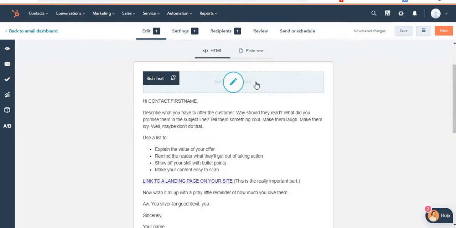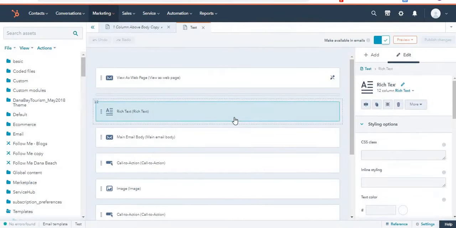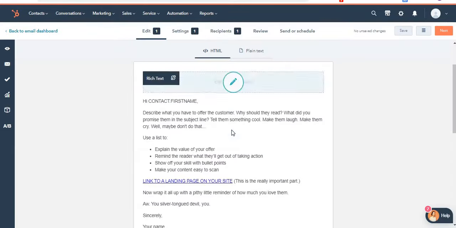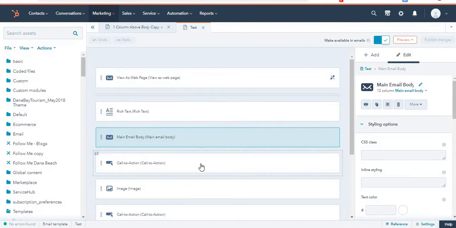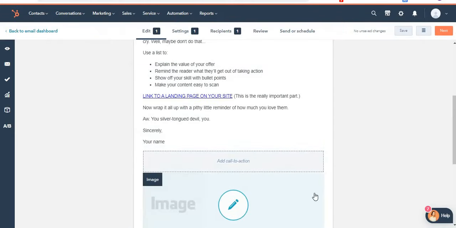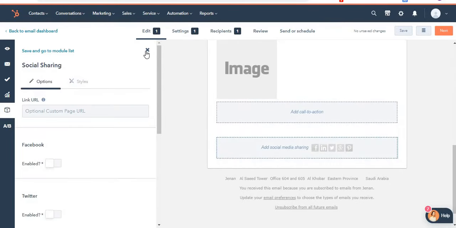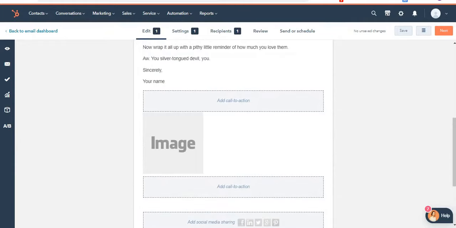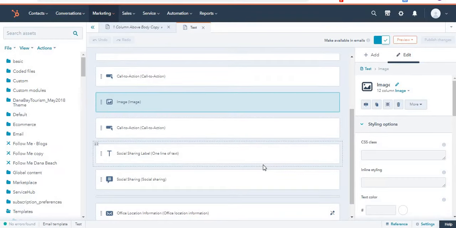So as you can see, the first template is rich text. If you see over here, this is rich text, right? This is followed by main email body. If I go back, main email body, right? If I come down, there's a call to action. If I go over here, beneath this, there's a call to action. After call to action is image, followed by another CTA and followed by social media, social share, right? And the footer. So if I go back to the design manager, we have the CTA, social sharing label, social